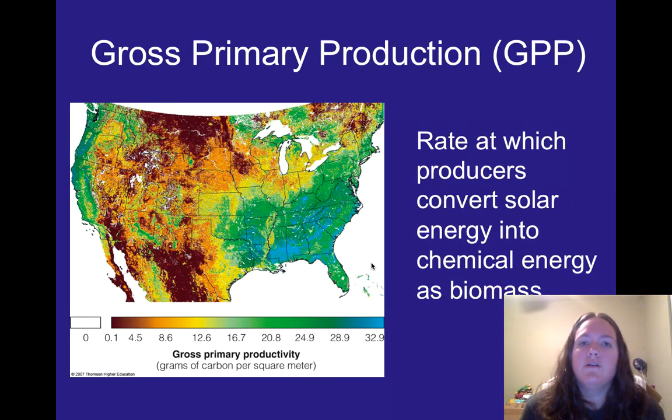When we talk about productivity of an ecosystem or biodiversity of an ecosystem, we're talking about different species and how productive those species are. One way to measure that is gross primary production, GPP is what we'll call it from now on. This is the rate at which the producers are converting solar energy into chemical energy, which is then made into biomass. This is through photosynthesis, that whole process of taking in oxygen and water and producing carbon dioxide and